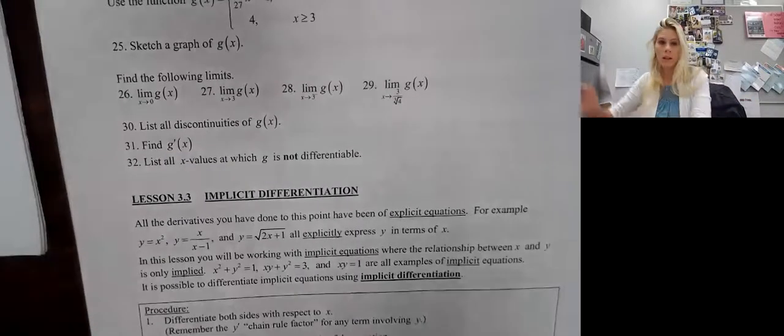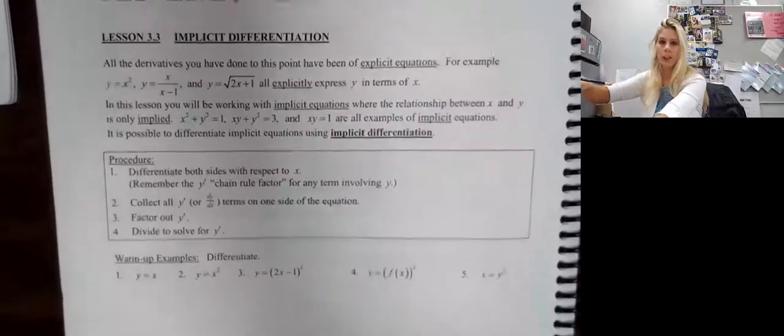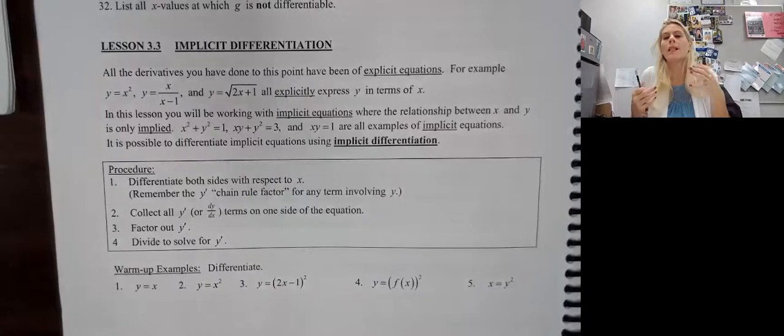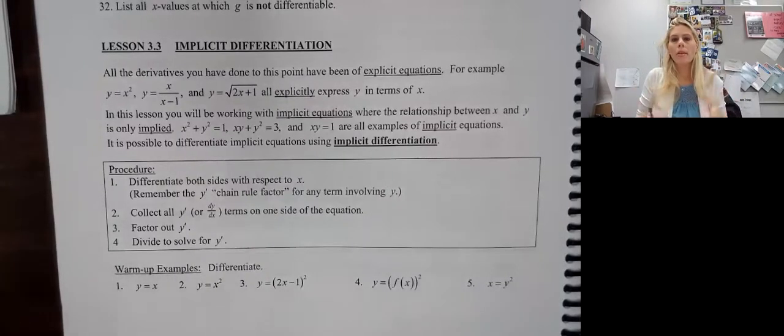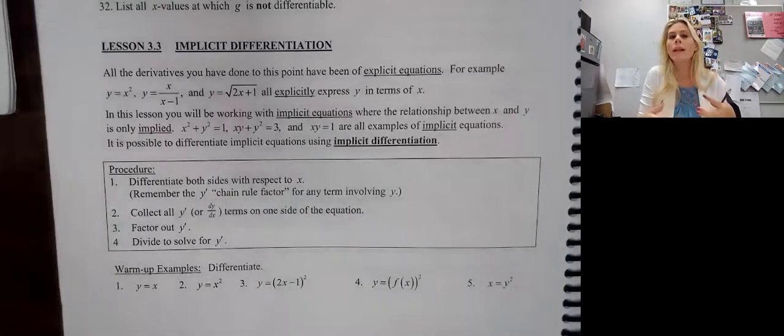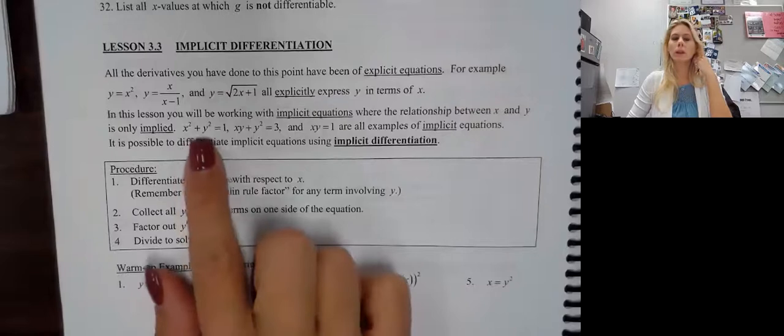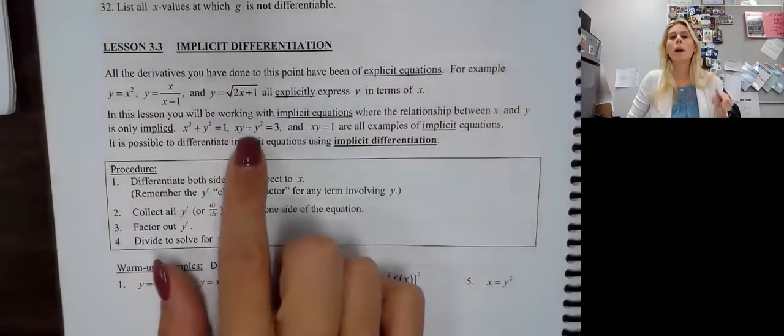Hey guys, so we're on to 3.3, implicit differentiation. All the derivatives that we've done at this point have been explicit, more likely because it's y equals in terms of x. In this lesson, we're going to be working with what's called implicit, which means there's a relationship between x and y that's applied. We have no idea really what's going on there, but it's implied there's a relationship one or the other. So like how we have this x squared plus y squared equals 1, xy plus y squared,